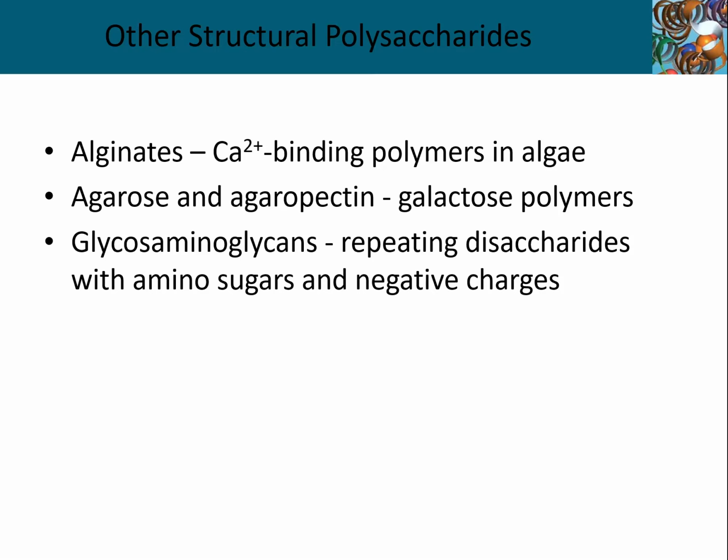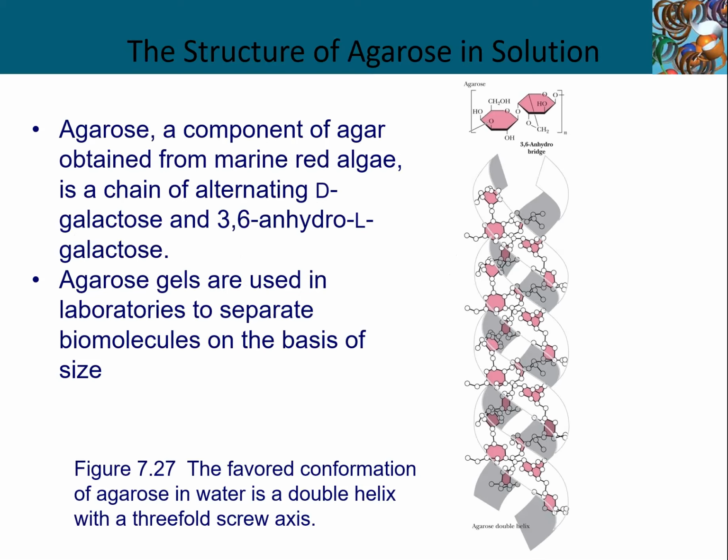And we are going to skip some of these. However, glycosaminoglycans, we will get into in greater detail in a little bit. Let's see here. I probably could have pulled a few of these things out. I'm not going to talk to you guys about agarose. Agarose is used in the laboratory as a gel. High levels of agarose make the migration of biological molecules through a gel that has been exposed to an electric field more difficult, but I'm not going to go into significant detail on agarose here.